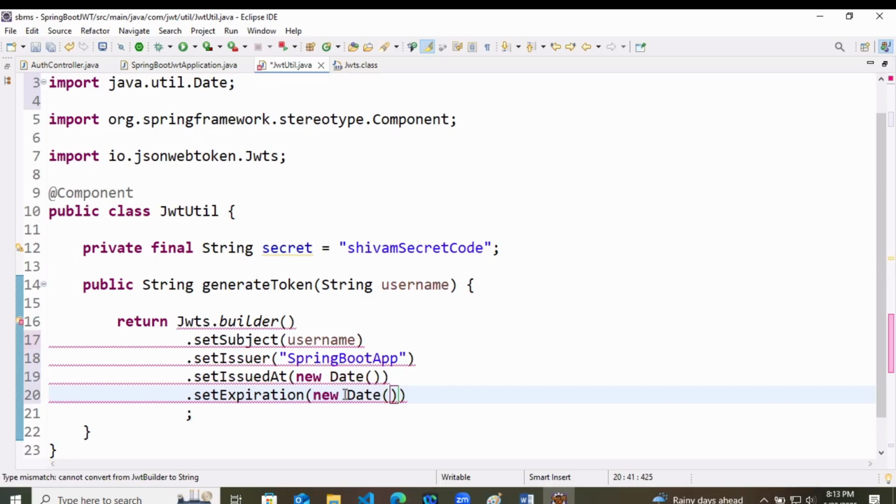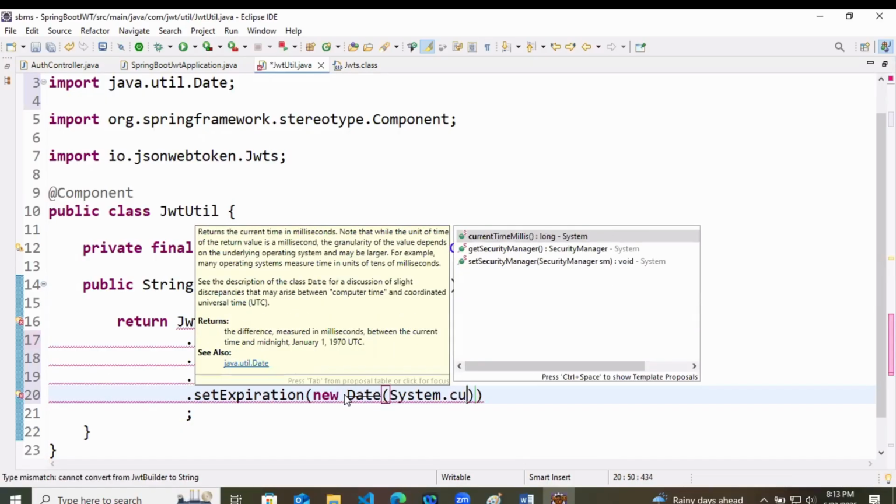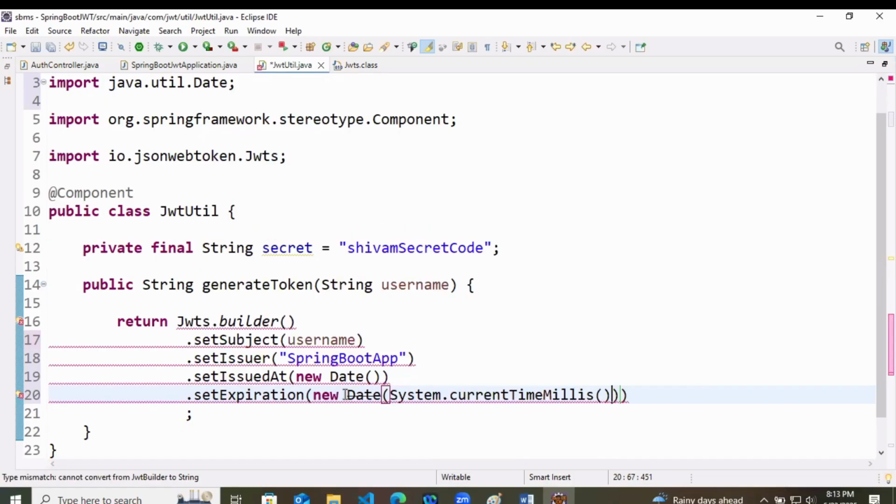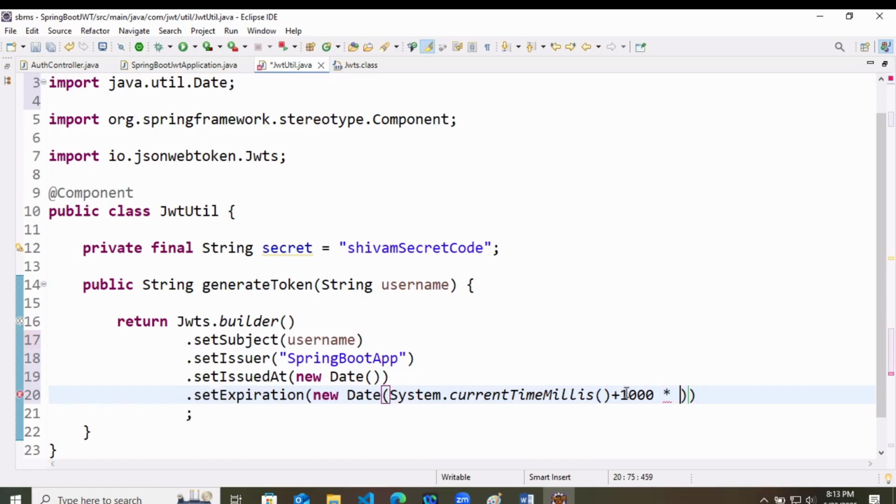Now here, how to read the laptop's time? We use System for that. System.currentTimeMillis. It will use the system's current time in milliseconds plus 1000. Why 1000? Because 1 second means 1000 milliseconds.